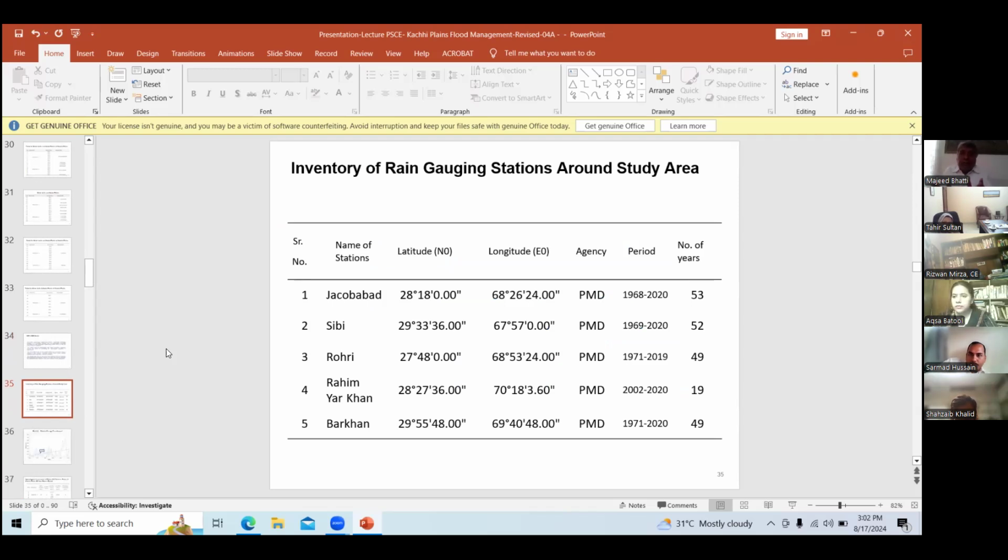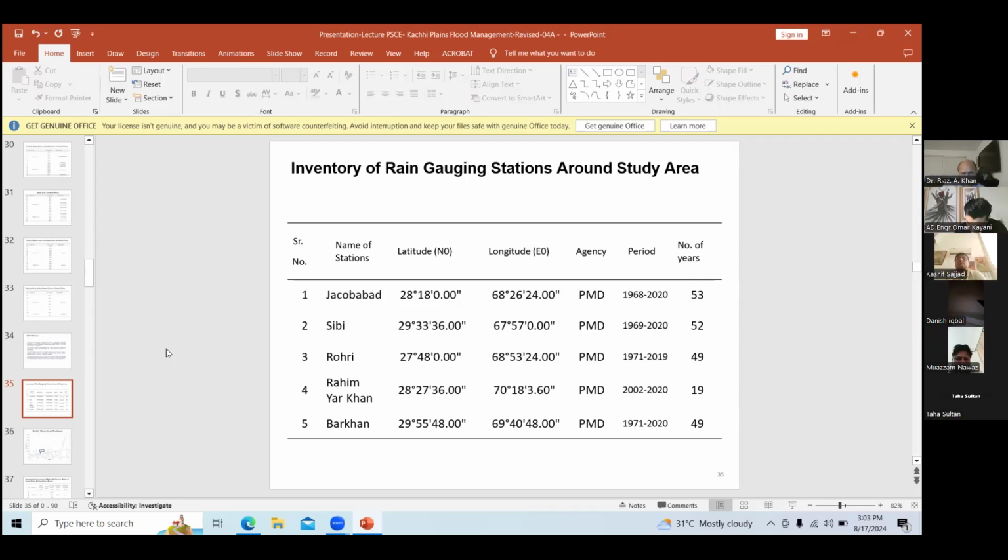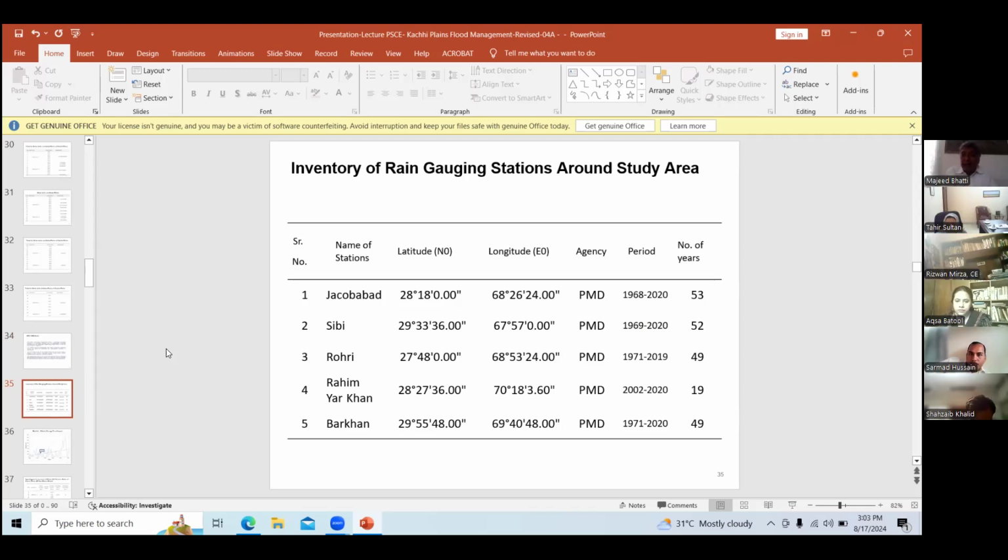Because of calculating the hydrology of all the hill torrents and nodal points, we need measures. Then we need the inventory of the rain gauge stations. So this is all the rain gauge stations present in the area. And we have about 60 years of rainfall data for these rain gauge stations. The minimum, I think the hydrologists know best, is that 30-year data is needed.